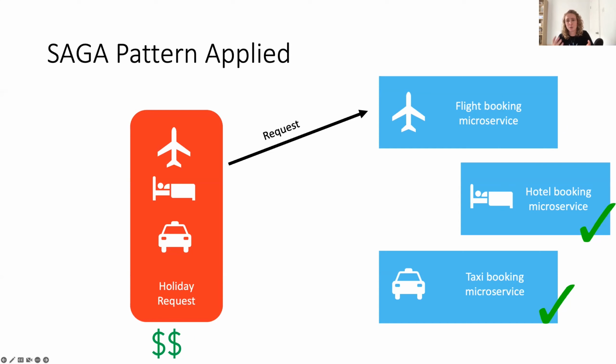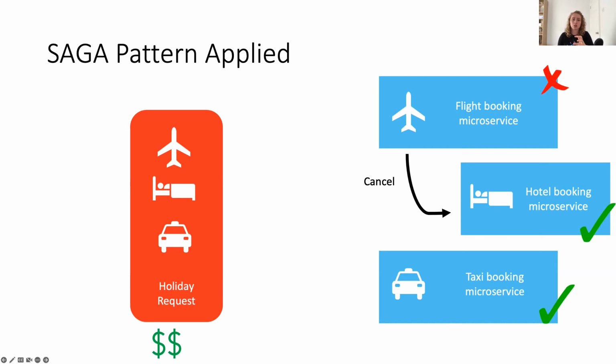We're all intelligent people. I've skipped the first few steps because I didn't feel like we needed to go through them again. So you get the idea. The taxi is booked and the hotel is booked. And now we're going to try and book the flight to go alongside this. But unfortunately, we now live in a more realistic world where the flight is not available. So because it's not available, we now need to, again, just like with ACID transactions, because we can't go through with all of the microtransactions, the overall transaction can't be successful.